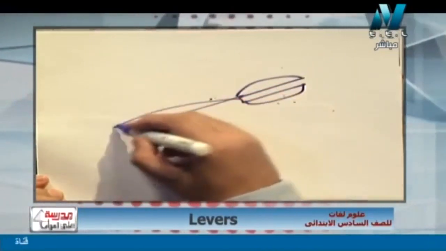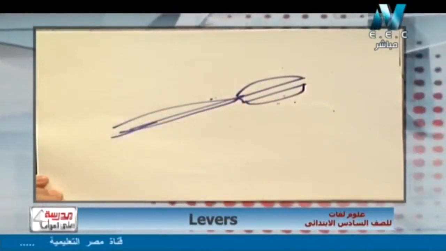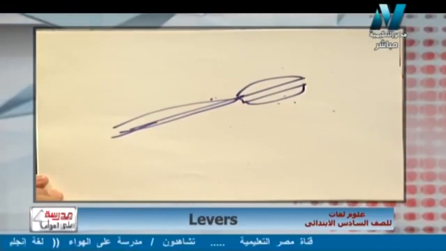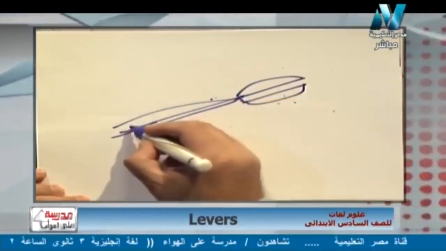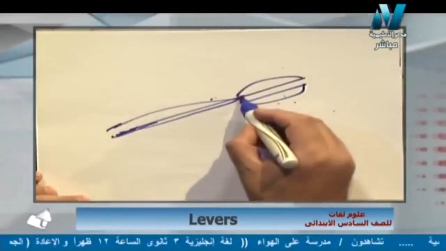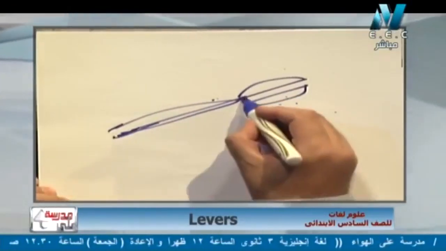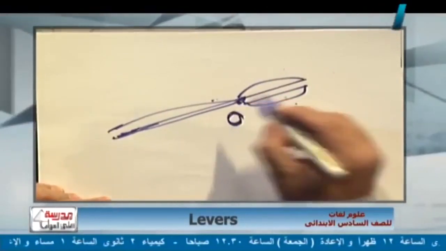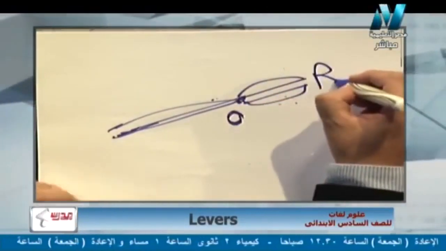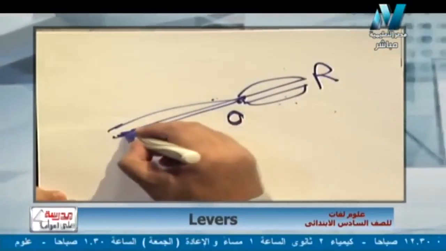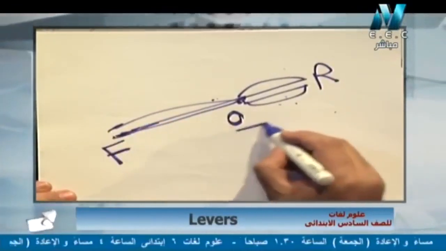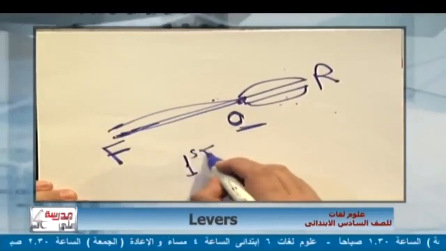will be like that. Okay. Of course here we don't need to draw an accurate drawing, we're not in an art period or a drawing class, this is science. But it's important to draw an expressive drawing. Here O, here R, the thing I want to hold or remove, such as wires. Here F, effort force. So here I have O in the middle. It will be first class lever.